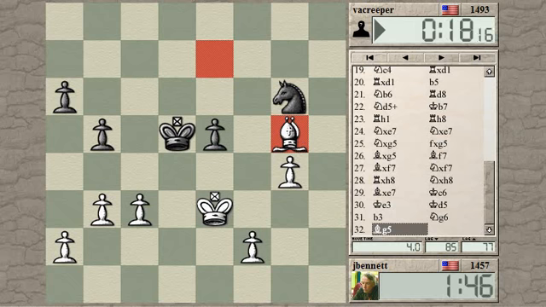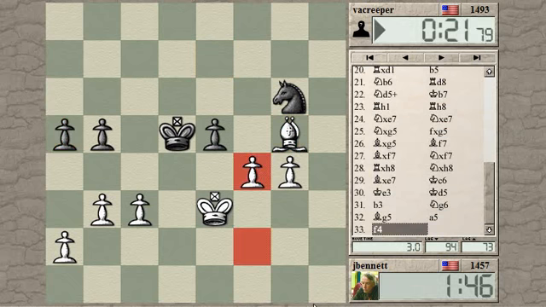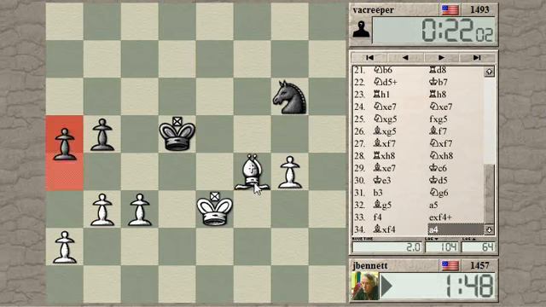Actually, this is what I like about the 4-second increment, is you do get to play the whole game. You don't end up losing a game on time that you're winning or drawing, because there's enough time if you have a simple endgame like this. See if he takes, then this is clearly good for me. He's not going to take. So let's...